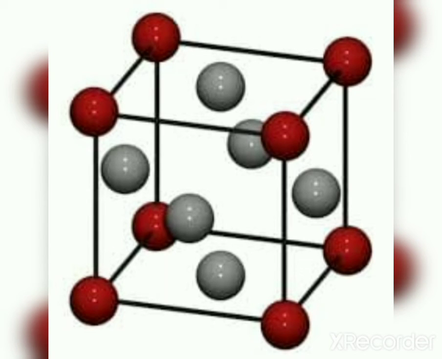A face-centered unit cell is shown. Atoms are present at the corners as well as at the center of each face. So from the corners, that is 8 corners, we get the total number of atoms as 8 into 1/8, which is equal to 1. Now consider the atoms present at the center of each face. What is the contribution? Half. How many faces are there? 6 faces. So what will be the total contribution from the faces? 6 into 1 by 2. 6 faces, half contribution. So 6 into half, which is equal to 3. Thus you get the total number of atoms in a face-centered unit cell as 1 plus 3, which is equal to 4.